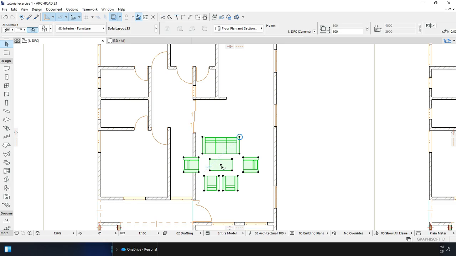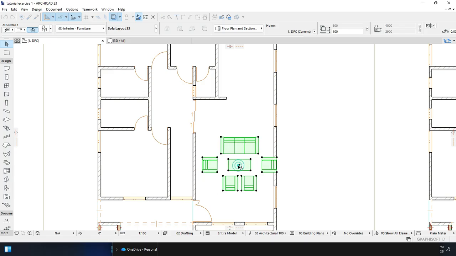It's selected, so you can click on any of the points to move it to where you want it to be. And also let's rotate it, because I'd love my TV console to be at this point, because there's going to be circulation and people are going to be passing here. So let my TV console be here. So I will rotate my furniture